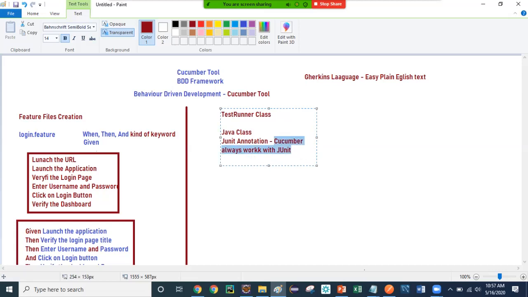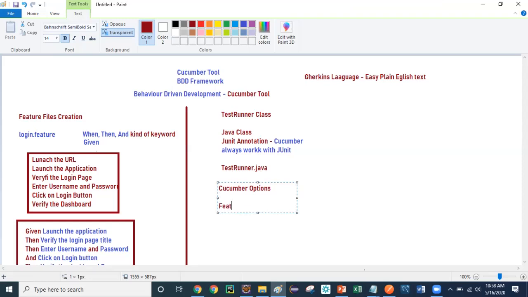So we normally create a TestRunner.java class, which helps us define the Cucumber options.